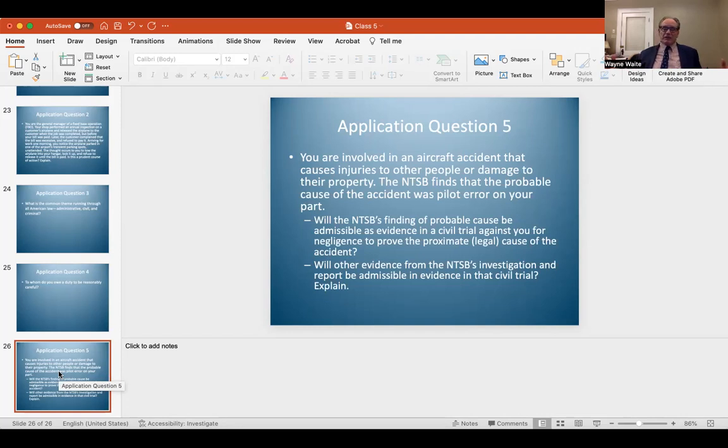What do you have personal knowledge of? It's your four senses. I call it the Rice Krispies witness. What can you do with Rice Krispies? You can look at them, you can hear them, you can smell them, you can taste them. Your four senses, personal knowledge, that's what comes in. That's what's not hearsay in a courtroom.